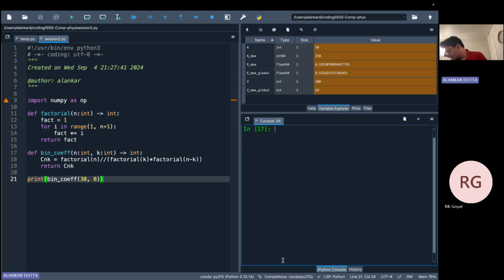So using your function, write a program that prints the first 20 lines of a Pascal's triangle. The nth line of a Pascal's triangle contains n plus 1 numbers, which are the coefficients n choose 0 and 1 up to n choose n. That's the first few rows, like this. Okay, so let's